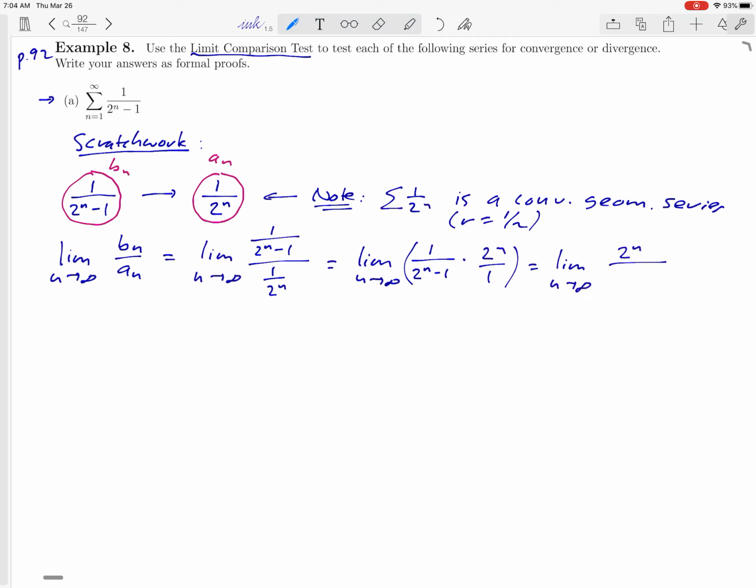Okay, let's rewrite that into one fraction. So if we multiply those two fractions together, this becomes 2 to the n over 2 to the n minus 1. There's the limit that we need to calculate. Okay, and you might notice that that limit has the form infinity over infinity. Okay, so we're going to use L'Hopital's rule on it. Okay, and taking the derivative of 2 to the n, that's a formula that you probably have not seen for a really long time in Calculus 1. You can take the derivative of 2 to the n,